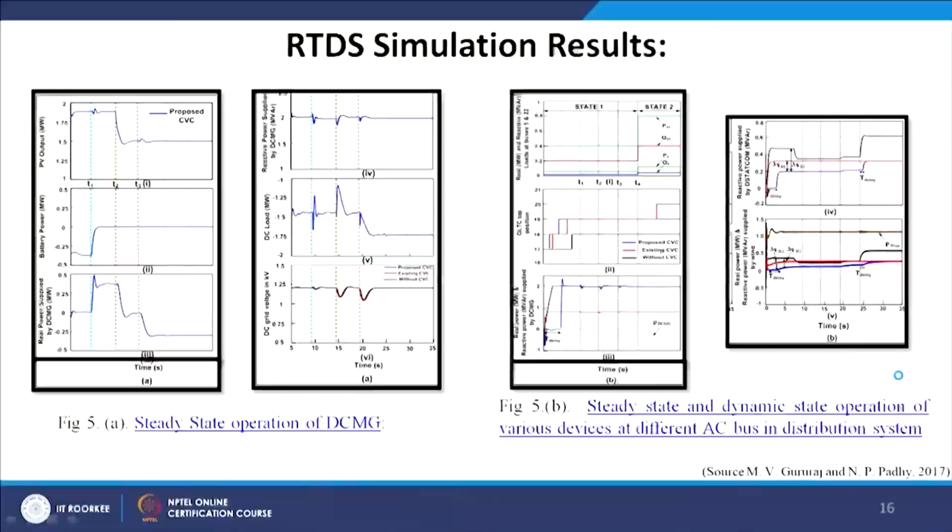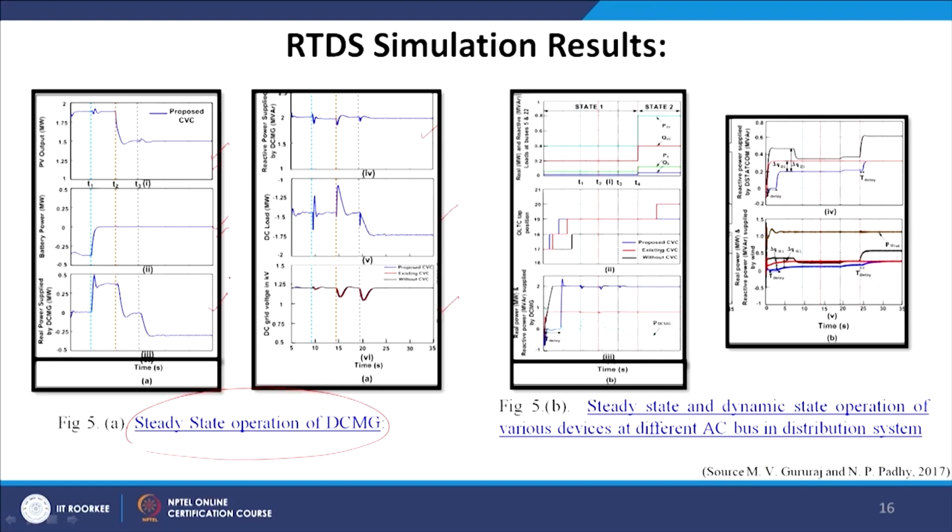During the RTDS simulation, we have seen the steady state operation for the PV output and battery power, the real power supplied by the DC microgrid, and similarly the reactive power supplied by the DC microgrid, and this is the DC load and this is the DC grid voltage. So, during steady state operation of the DC microgrid, all